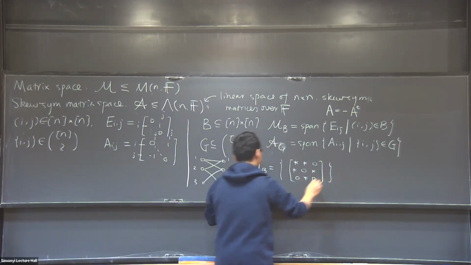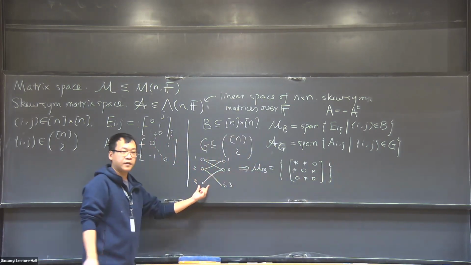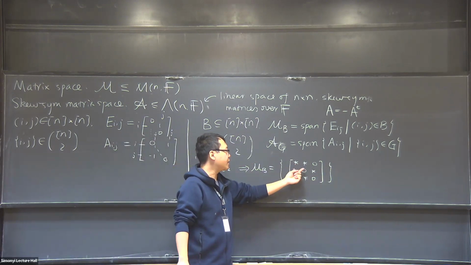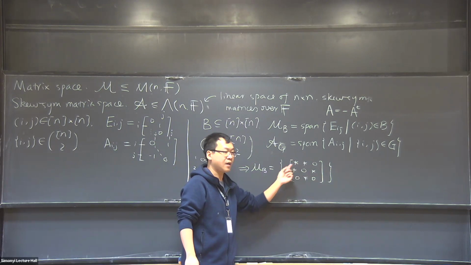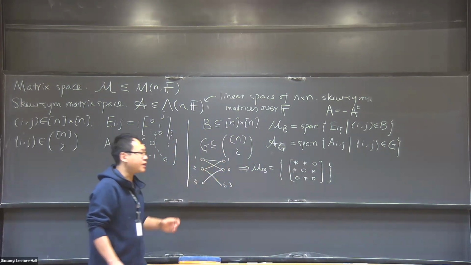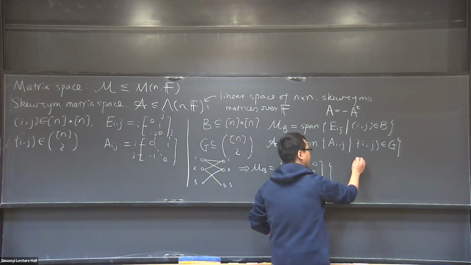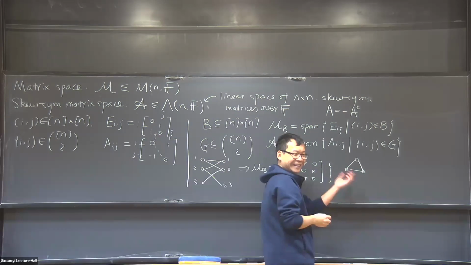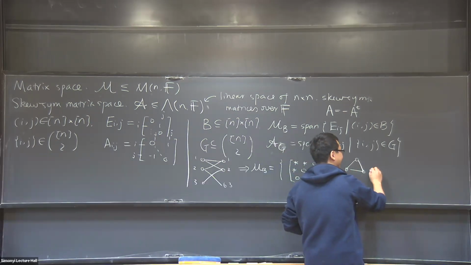So given such a bipartite graph, the corresponding matrix space will consist of those matrices with these entries being 0, the rest can be arbitrary. Then the skew symmetric will be similar. If you want to draw a very small example, it can be something like this. Maybe this, right? To make it non-bipartite. Then the corresponding A_G will be,